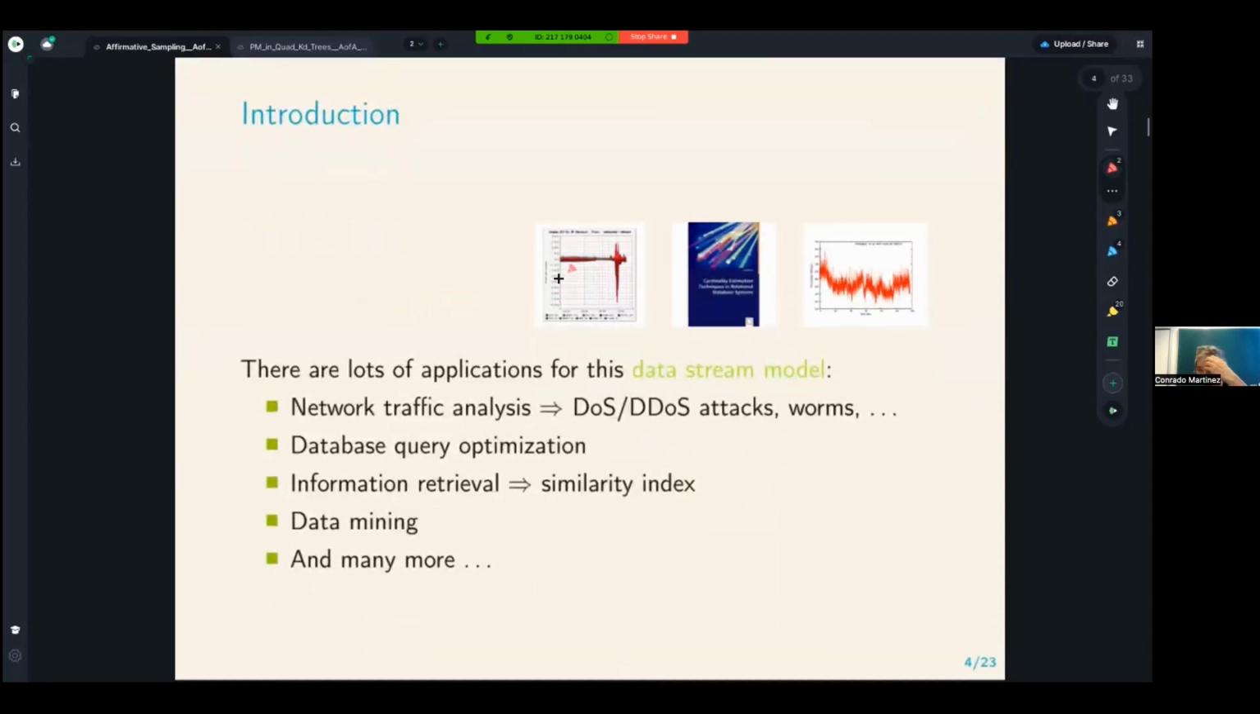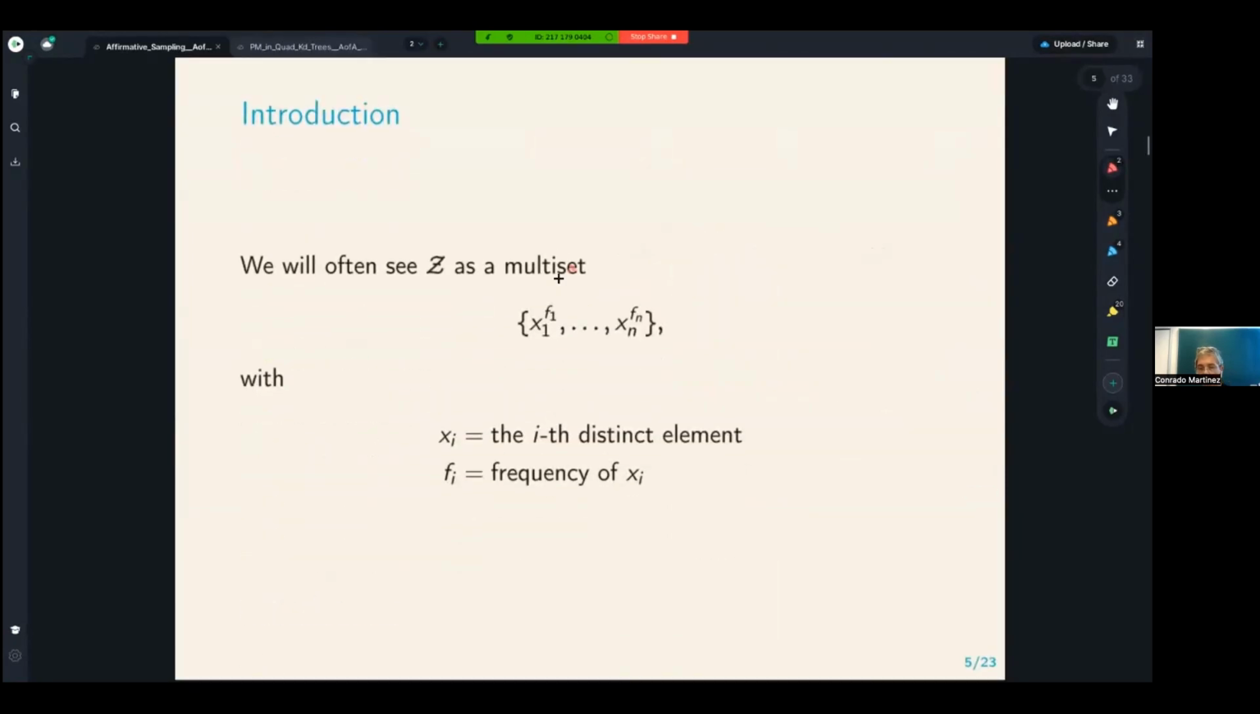And there are many different applications for this model. In particular, applications in network traffic analysis, in database query optimization, information retrieval, data mining, and many others. And there are problems like the one of sampling, which is the one we will focus on. But there are many others, very famous problems. And before I formalize those problems a bit,